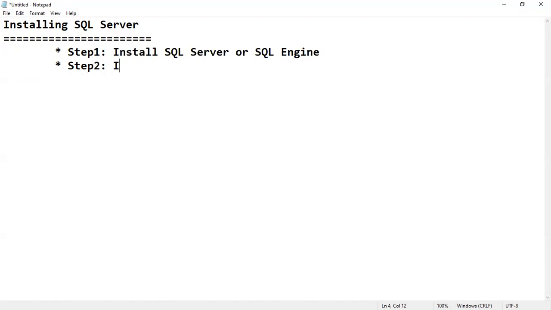Step two is to install SSMS. After that we can start working by using this SSMS. We can connect to this SQL engine, and after that we can start working. Understood, right?